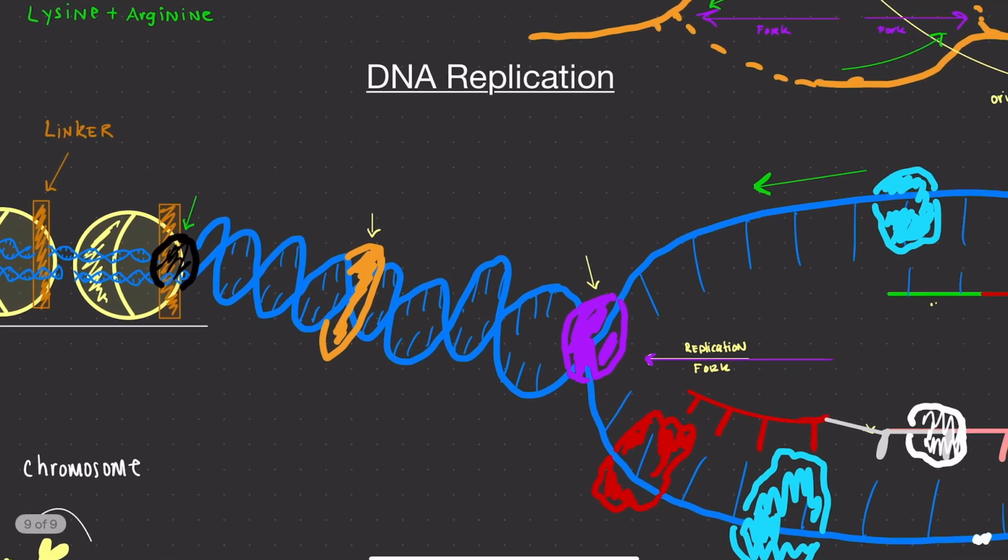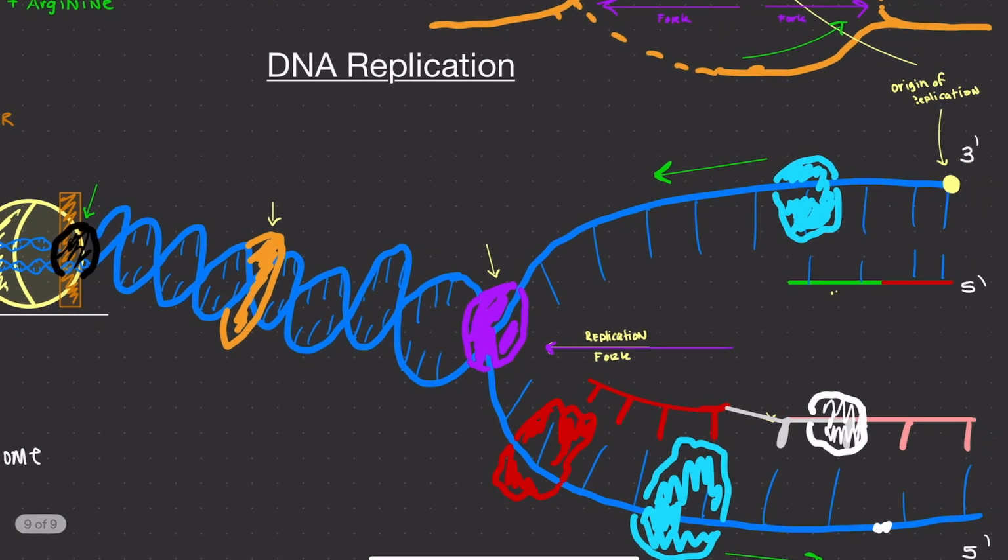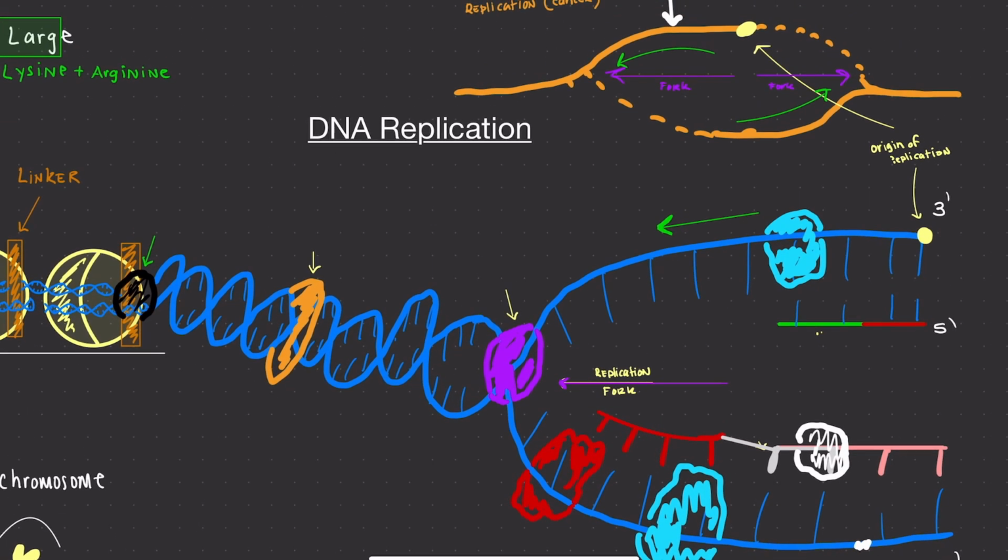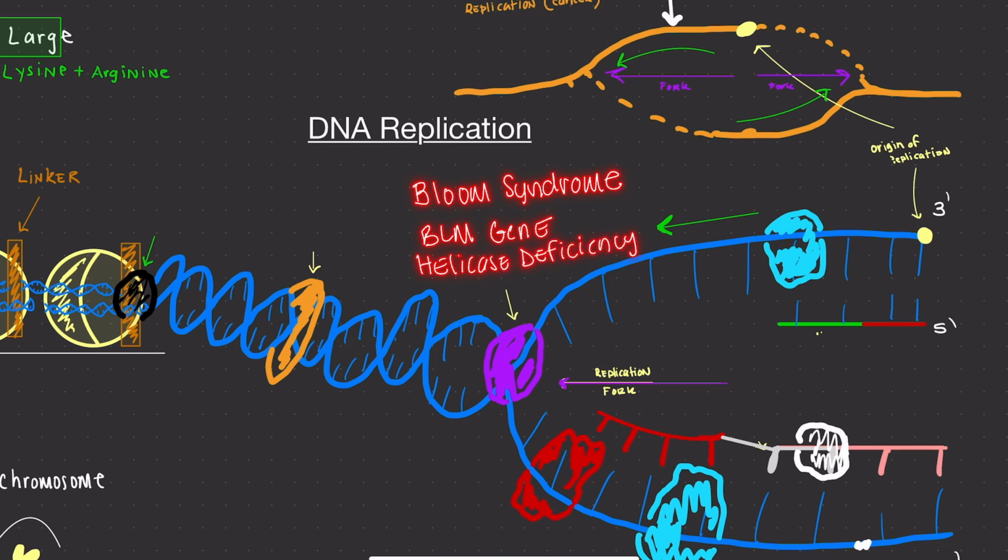And just a fun bit of knowledge from a medical point of view, there's a syndrome known as Bloom syndrome where a BLM gene is absent that codes for helicase. So helicase becomes deficient and the replication fork can't take place. So DNA replication can't take place and the S phase is arrested. And this can cause a number of different symptoms. Anyways,